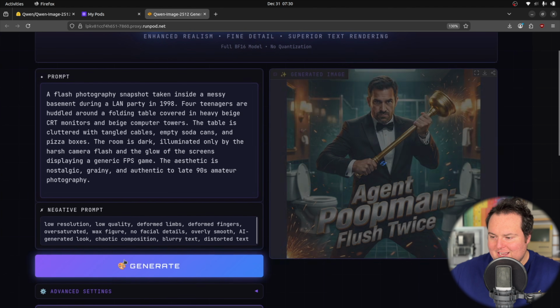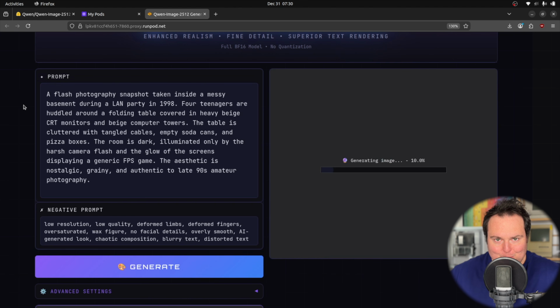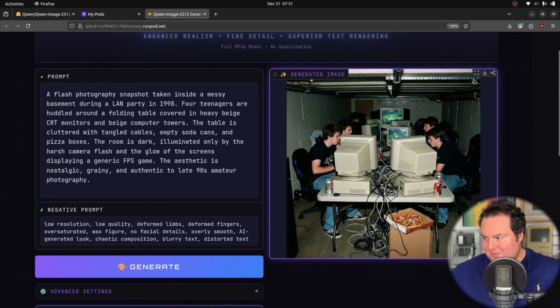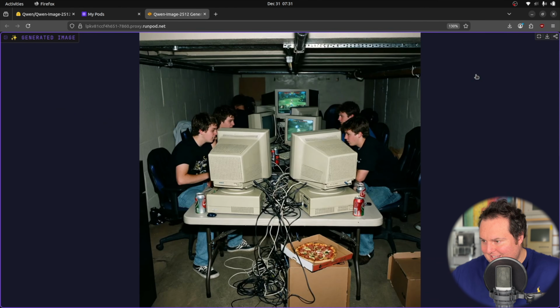Next up, I'd like to try another favorite of mine, which is the retro LAN party photo. So this is basically just supposed to be giving us a LAN party from 1998 taken with flash photography, showing things that would be specifically there in that year. That's well done. There's a few things I notice immediately here, being that I've tested this prompt a bunch of